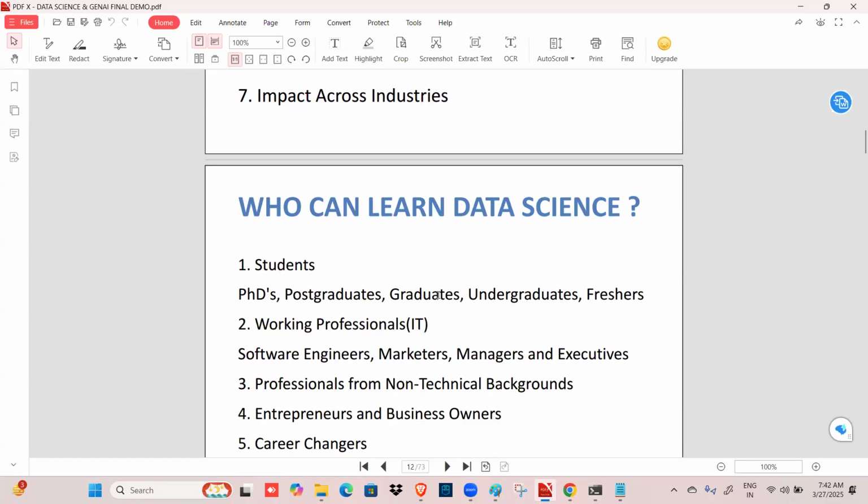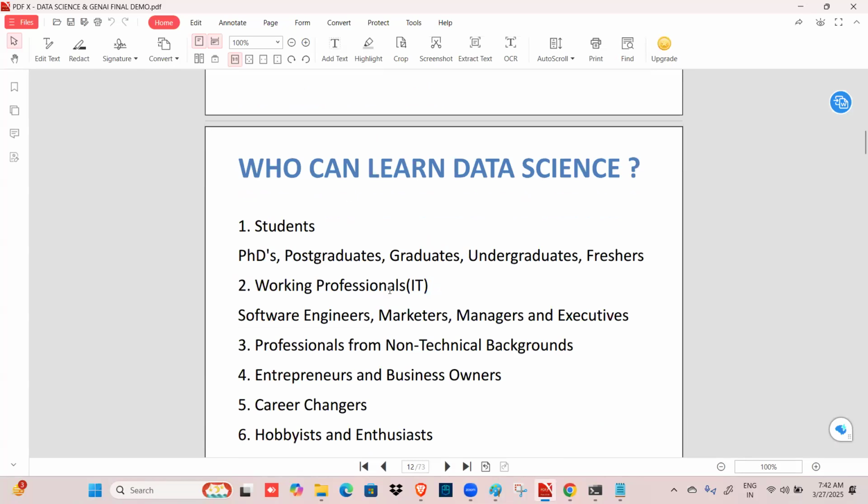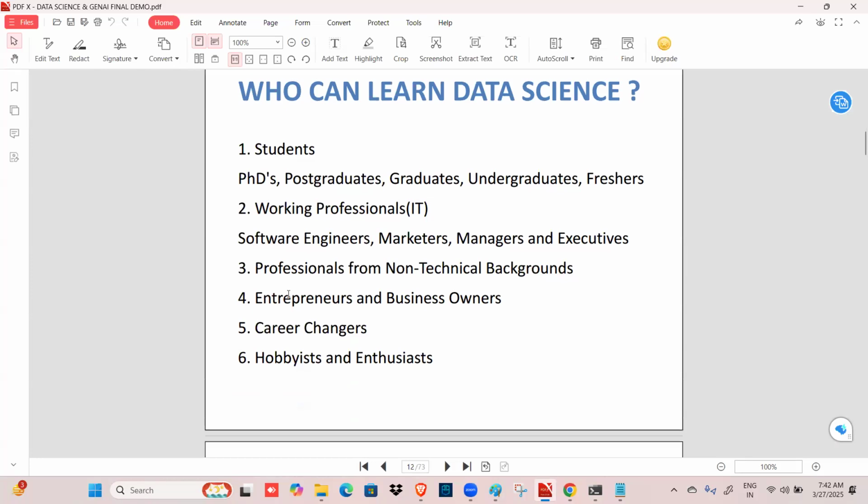Okay. And when it comes to who can learn data science, everyone can learn data science. Here, the students, PhD graduates and postgraduates, graduates, undergraduates, freshers, working professionals, software engineers, marketers, managers, and executives, professionals from non-technical background, entrepreneurs and business owners. This is more important for entrepreneurs and business owners also, because we are going to develop